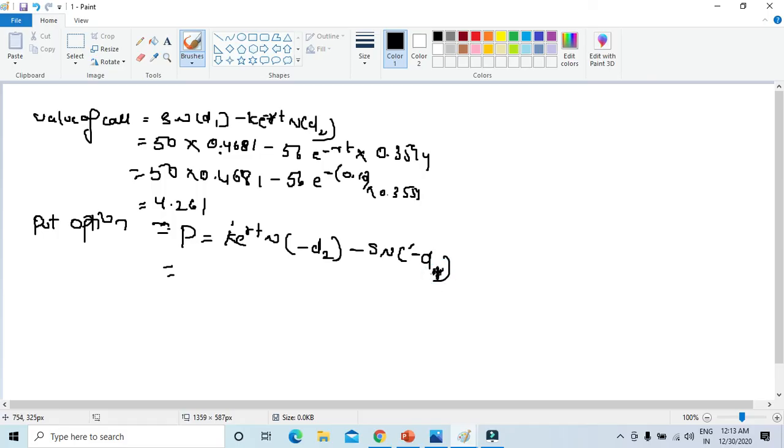So now we need to substitute here also. This is the formula for the put option, guys. You need not calculate all the values separately. K is how much? 56. R is 0.10, into 6 by 12, minus. So over here, what we got,